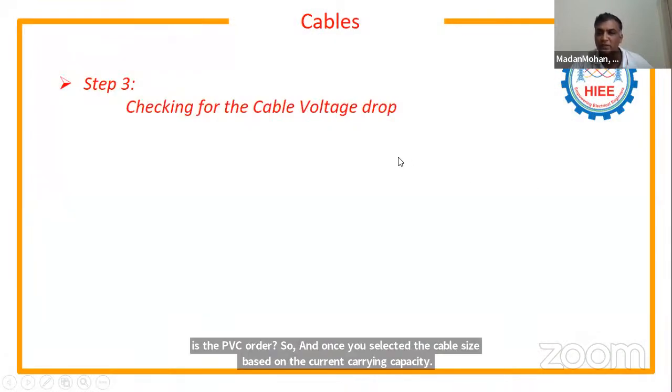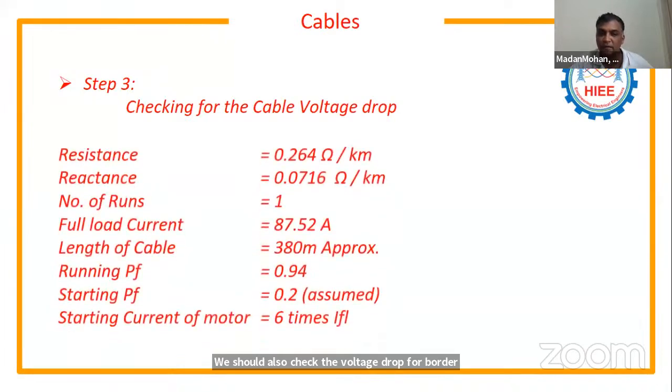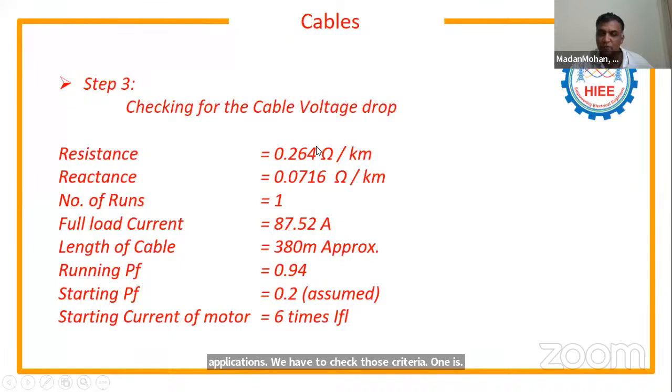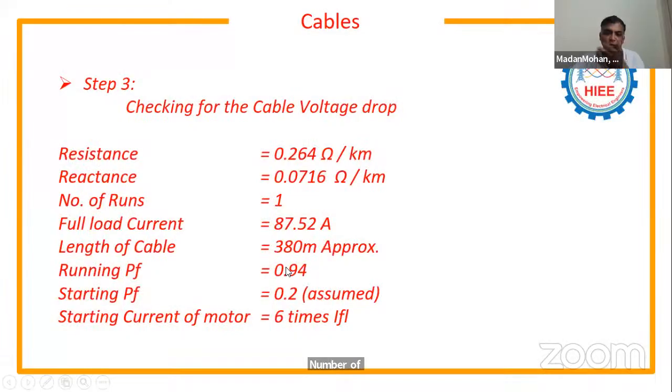For motor applications, you have to check 2 criteria: starting voltage drop and running voltage drop. So for 150 square mm conductor, this is the resistance, reactance, number of runs. These are the parameters, and the running power factor is 0.94 and the starting power factor is 0.2. And a 55 kilowatt motor is connected